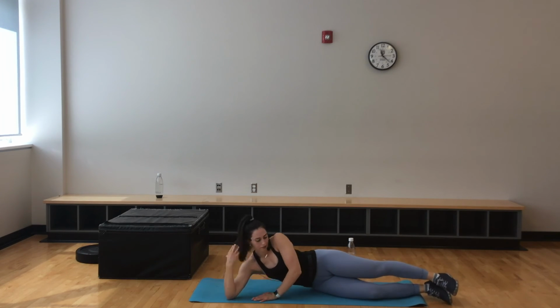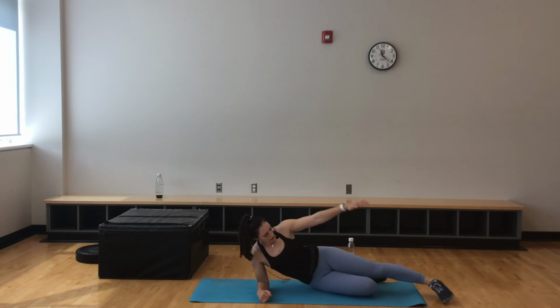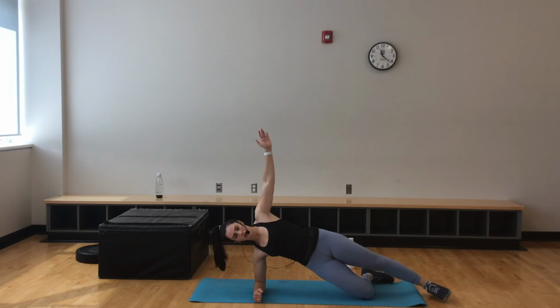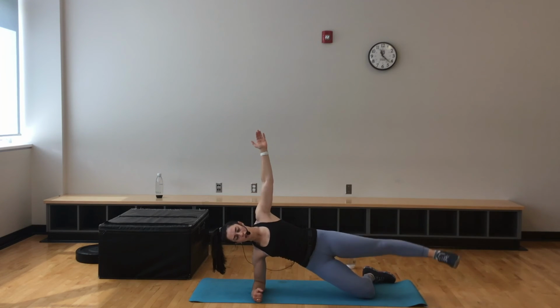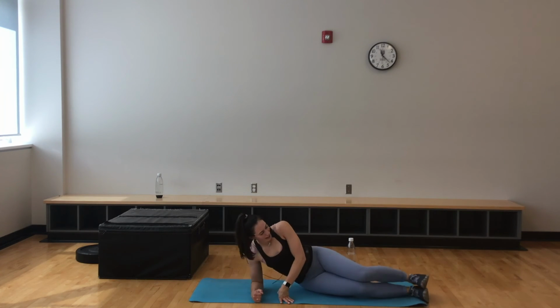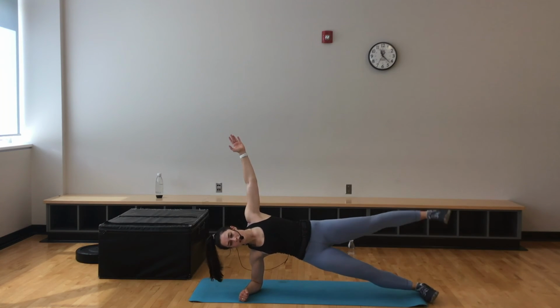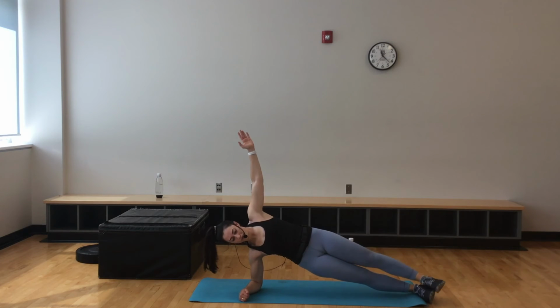Round 2. Elbow is under your shoulder. Your knee is holding you up, and you're doing leg lifts like so. Now, I know there are some overachievers out there. This one's for you. You're going to come onto your toes and then raise from here. Now,